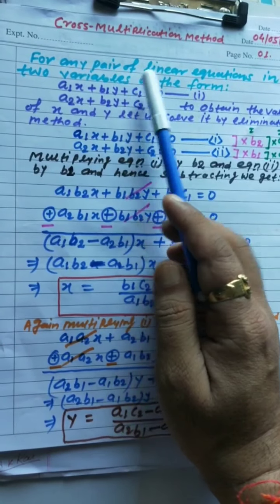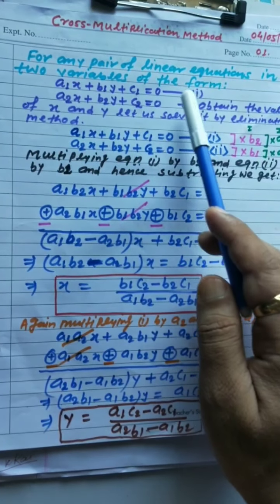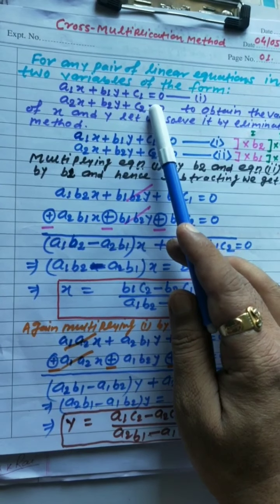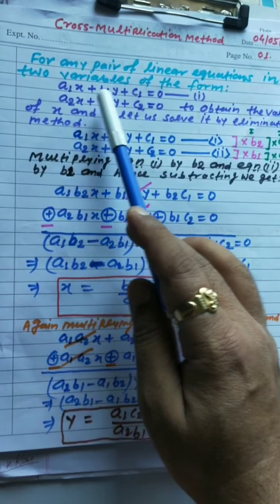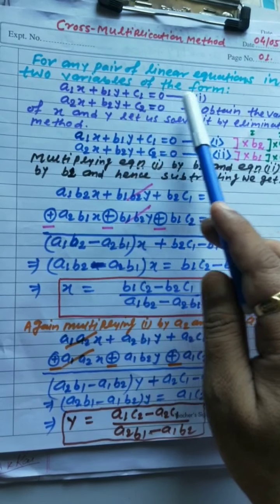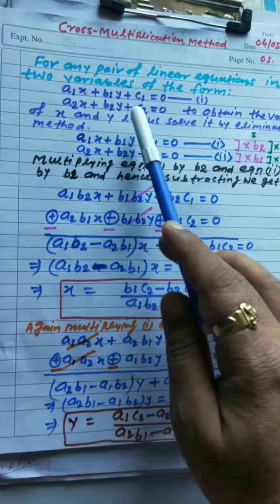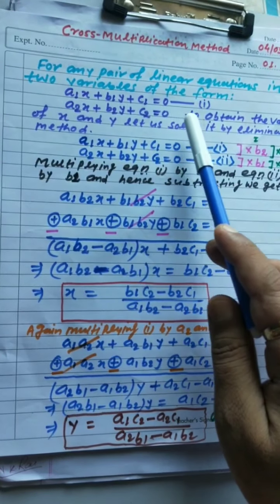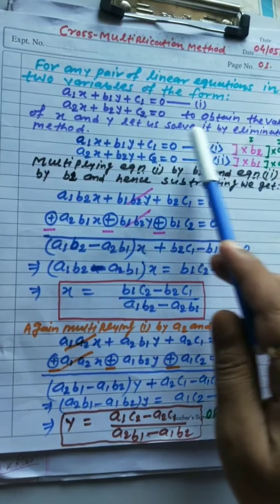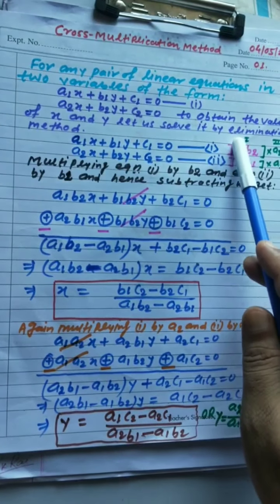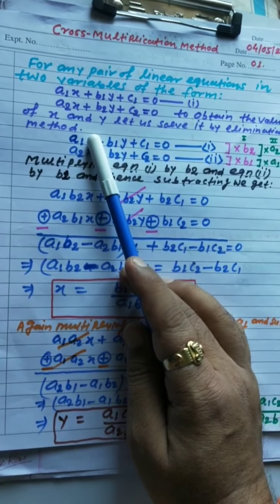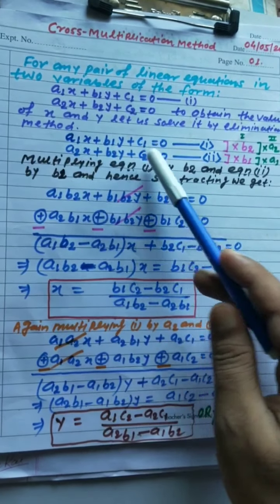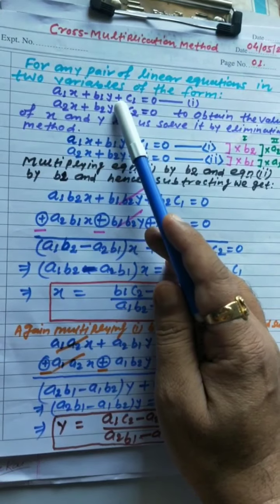For any pair of linear equations in two variables, the standard form is a1x plus b1y plus c1 is equal to 0 and a2x plus b2y plus c2 is equal to 0. To obtain the values of x and y, let us solve it by the elimination method, as we have learnt about the method of elimination to solve a pair of linear equations in two variables. So here in equation first,